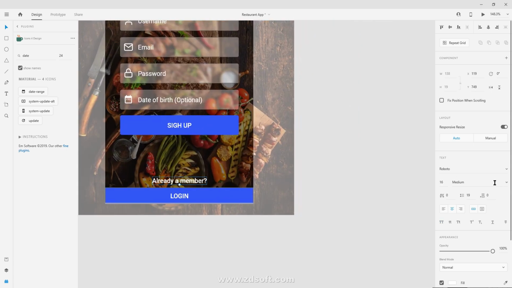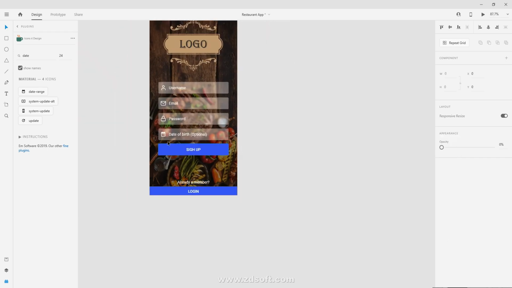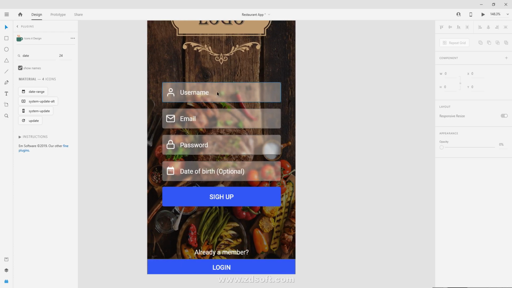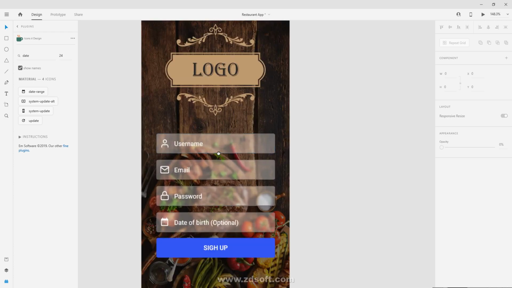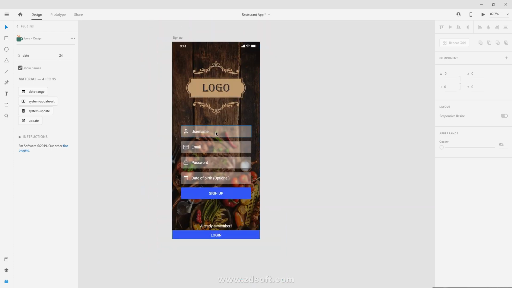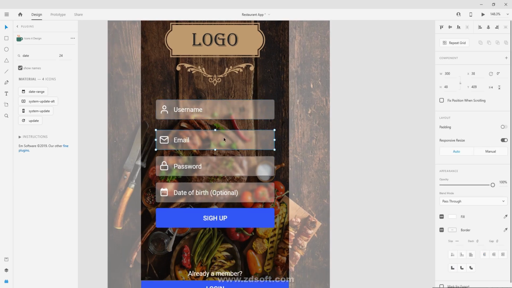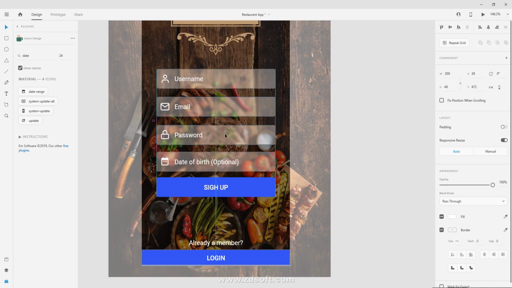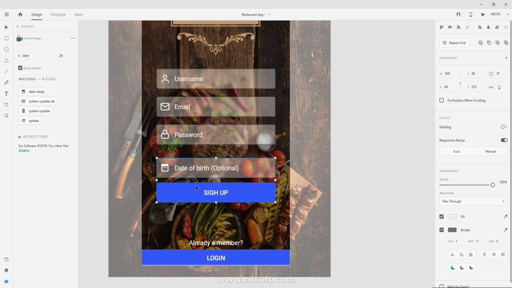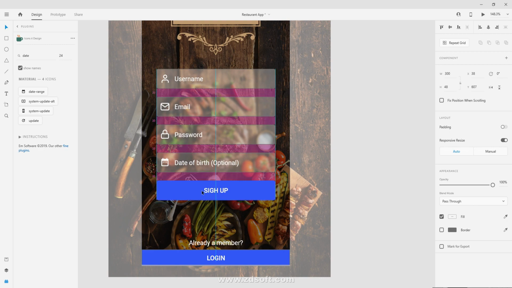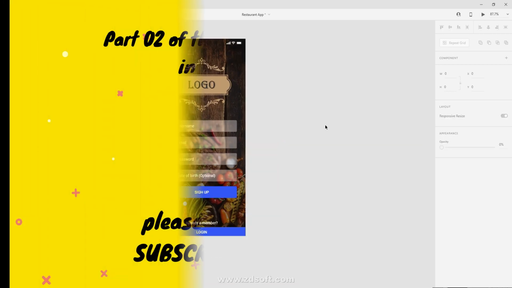I'm going to make this one regular. Yes. Okay. It looks a bit narrow. Let's give this a little more space. Okay. I think 20 would do. 20 for everyone, like this. So this is